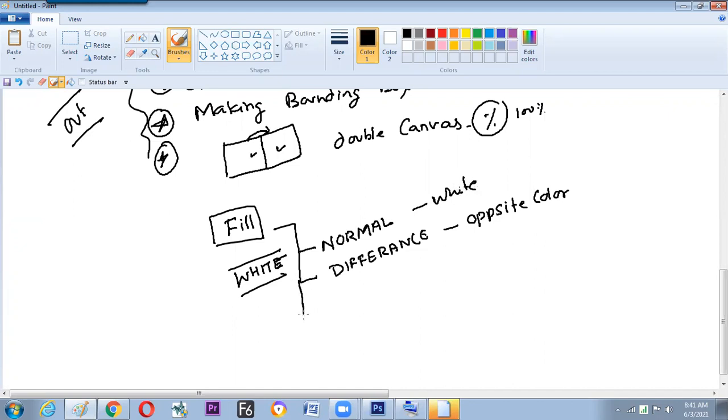But the third mode we have learned today is saturation. Here it will turn the photograph into grayscale mode, gray color. Now filling the white in three different modes, three different outputs come.